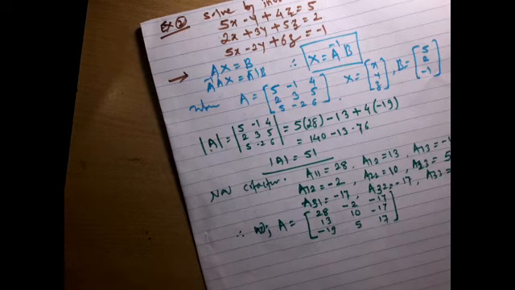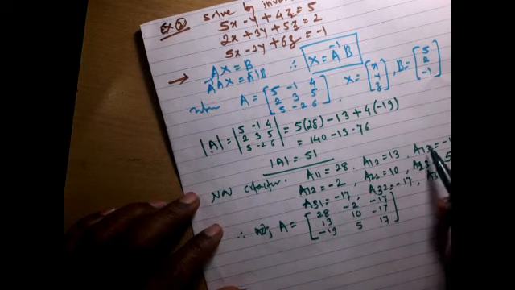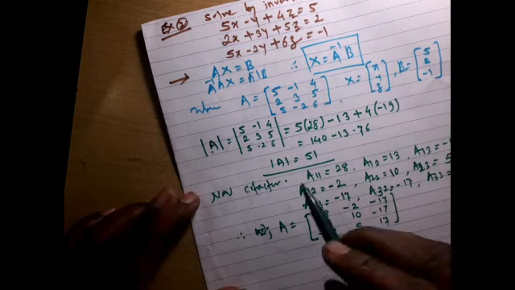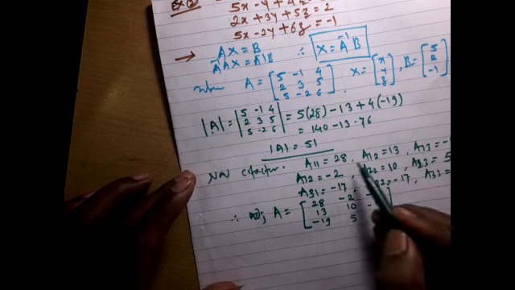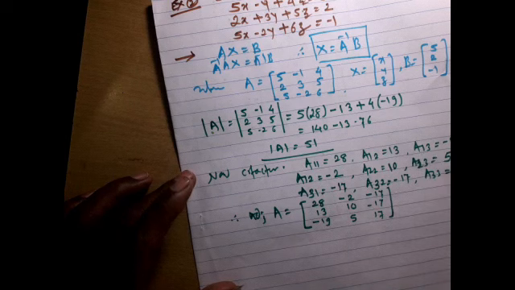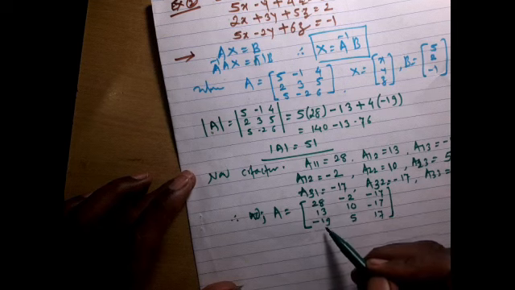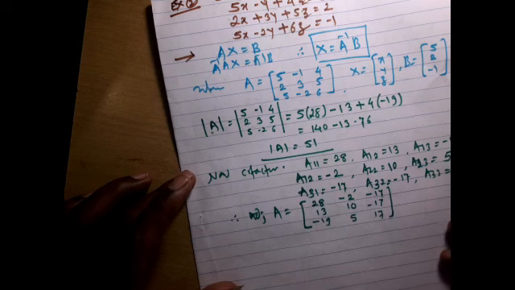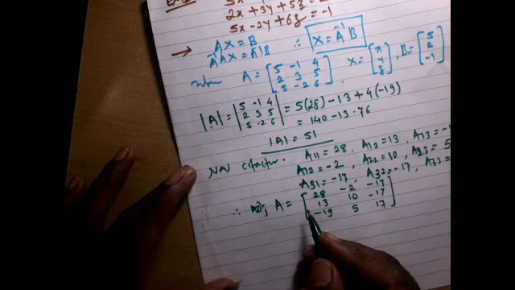Be careful, the example is lengthy, but if you write the cofactors in this way, in this column A11 A12 A13, if you take them together it will be the cofactor matrix, and their transpose is the adjoint. So the first row, that is A11 A12 A13, becomes the first column in the adjoint. That's why I have written 28 13 minus 19. Similarly for the second row and third row. So write in this systematic manner, so there will be no confusion.